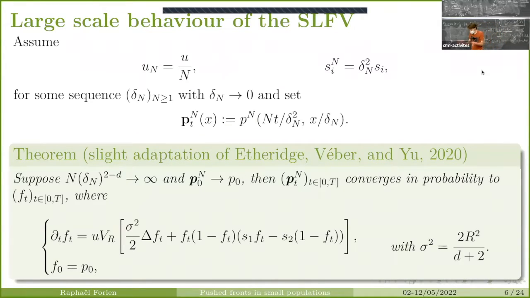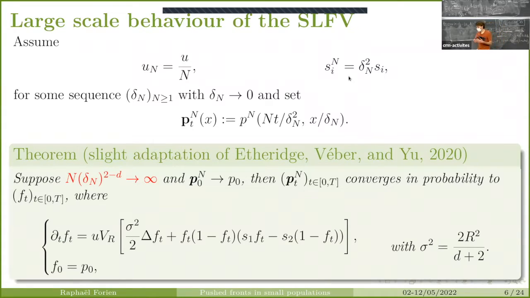So it's quite a complicated model, and we can't say much about it as it is. But what we can do is take scaling limits of this model to understand how it should behave in some regime of the parameters when some parameters are small. We're going to assume first that the parameter u is small, so it's like u over n, and that the selection coefficients are also small, like delta n squared times some fixed coefficients, where delta n is a sequence converging to 0. So it's a weak selection, and the fact that u is going to 0, you can think of